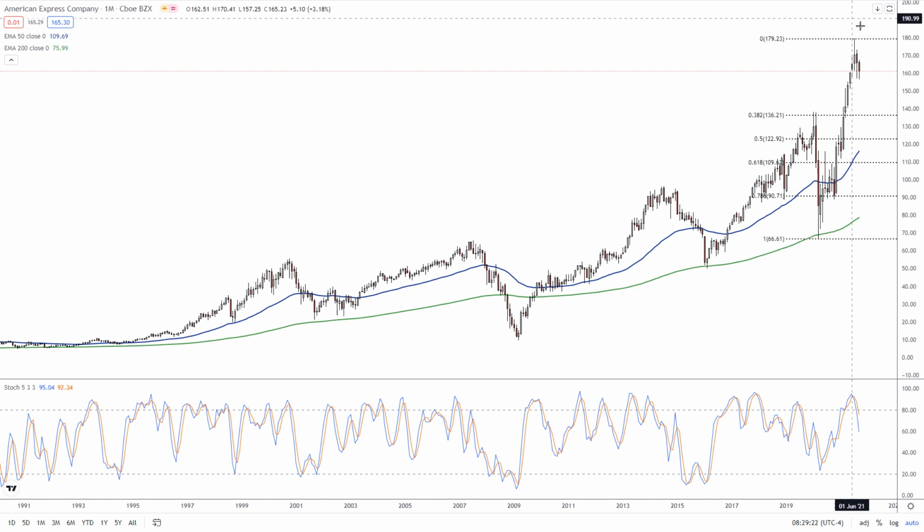July. Well, that's about the time that the Delta variant really started to take hold in the United States, and corporations were forced to delay their business travel plans probably into next year. As we can see, we've got this pullback developing, and if you take a look down here, and this is